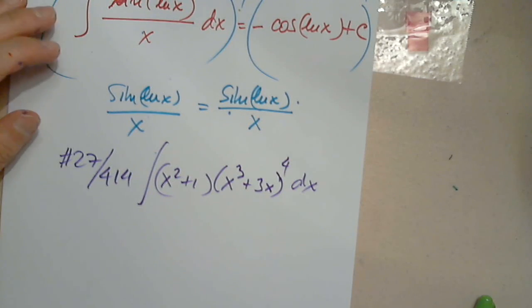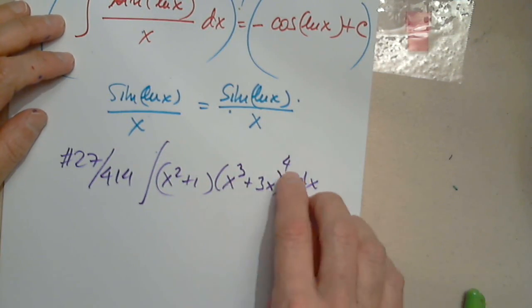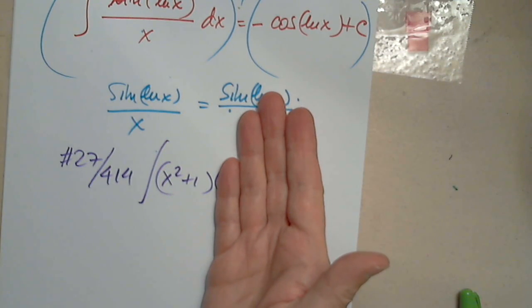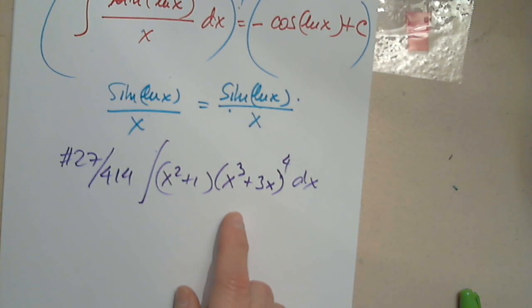Well, I'm looking at the inside, and I really don't like it, because it has power 4. I don't have anything against this piece. It's just a quadratic function, not a big deal. But of course, I look at this, and I see power